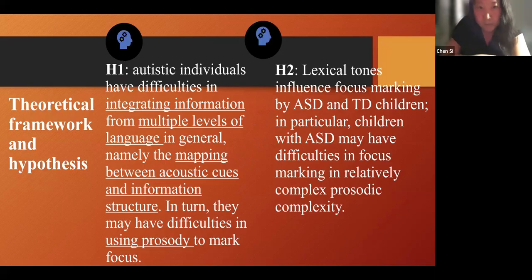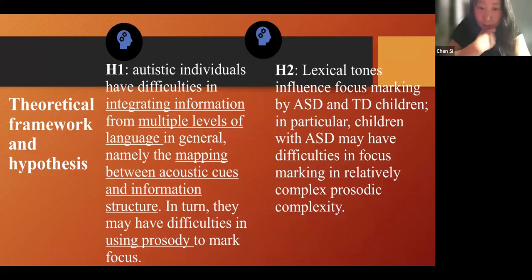To produce focus, it's not only about using acoustic cues, but you actually need to integrate information from multiple levels of language. So you will need to map between the acoustic cues and information structure.